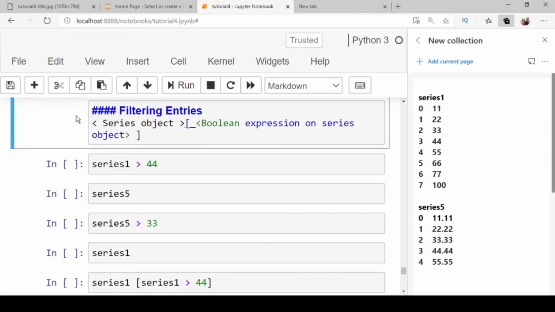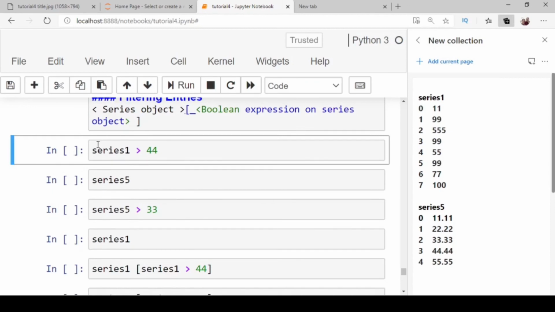Filtering entries. You can filter out entries from a series object using expressions that are Boolean type, that is, expressions that yield a Boolean value. The syntax is the series object with a square bracket containing a Boolean expression on the series object, for example series 1 greater than 44.